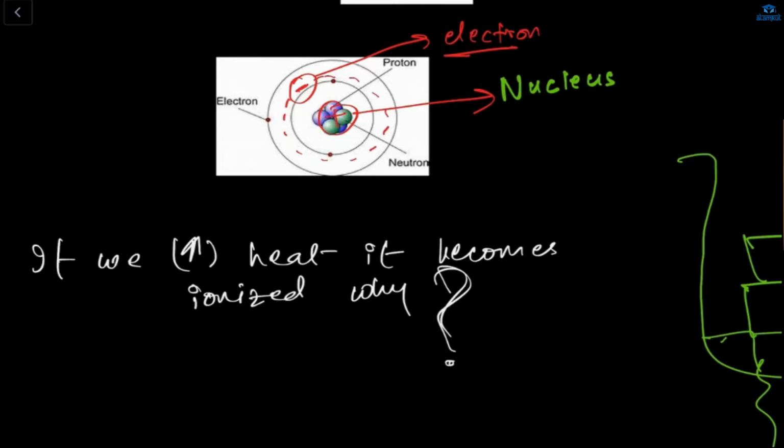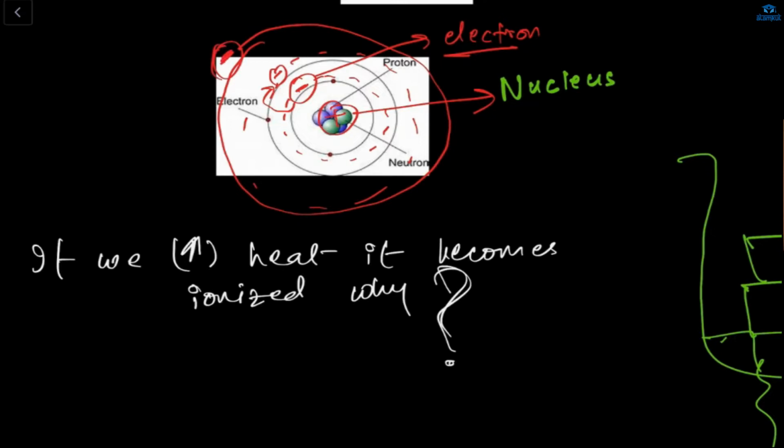So what will happen when this electron gains energy? When it captures the energy, it moves to a higher orbit. Now the electron will be here. If it gets more energy, it will shift to the next orbit. Let's say this one. If my electron is getting more and more energy, it is shifting to the next, higher orbits. Okay?